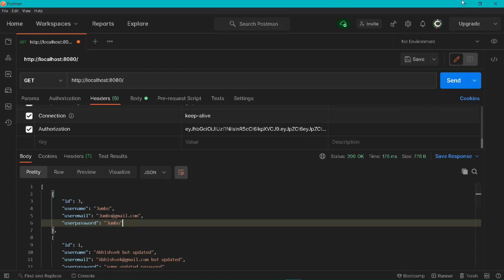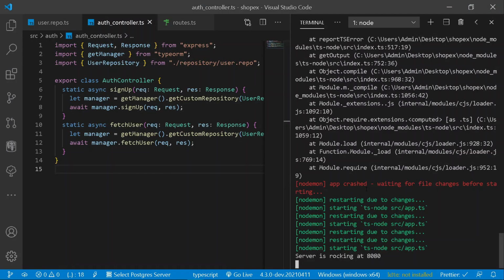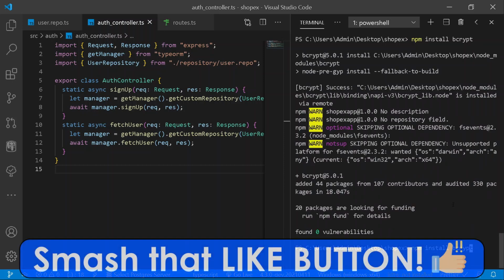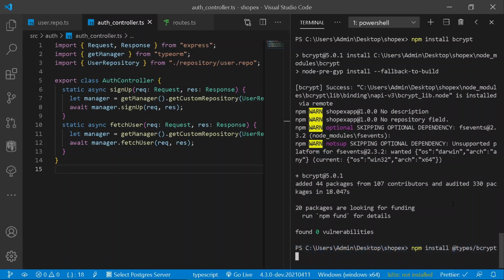So for doing that purpose, we shall be taking help from a library known as bcrypt. So for that purpose, let's clear everything out, and here I should be installing npm install bcrypt, just like this. And also we shall be requiring its types. Cool, so we also need to install the types of our bcrypt because we are using TypeScript. So here you should be adding @types/bcrypt, and you should be adding here a flag of developer dependencies. So for that purpose, you should be writing dash dash save-dev. Press enter one more time.